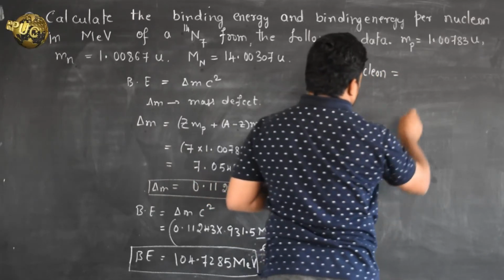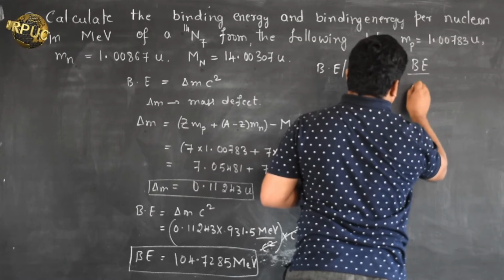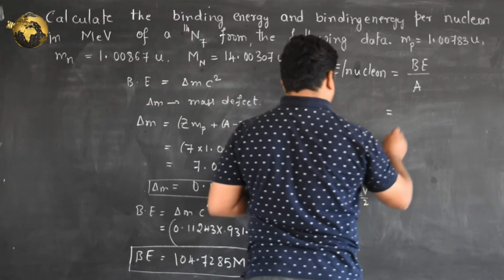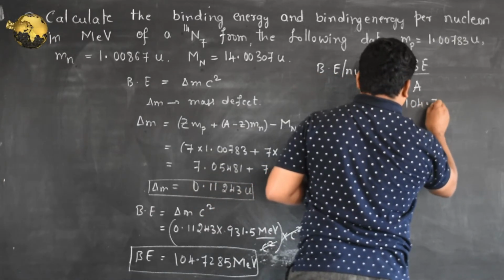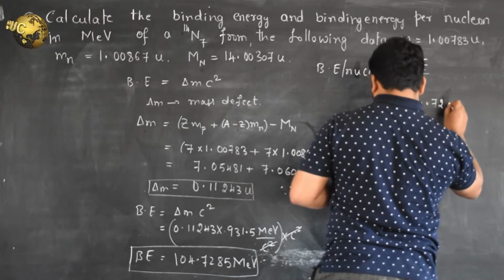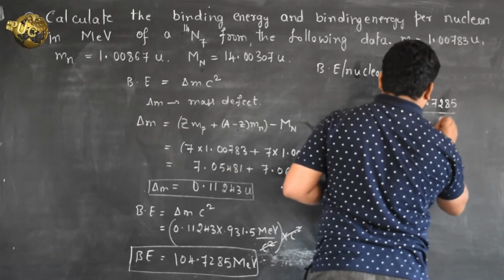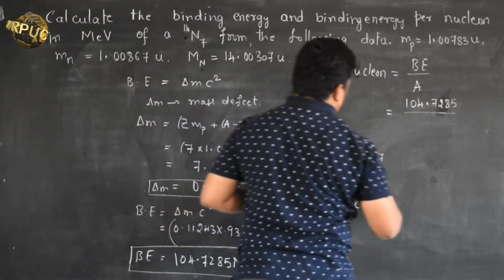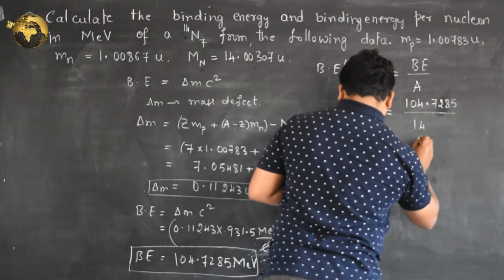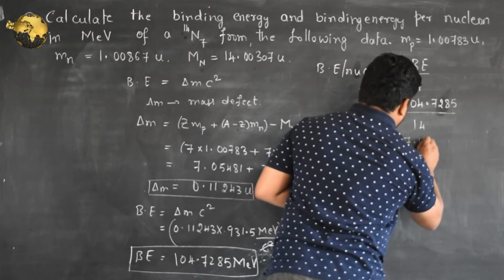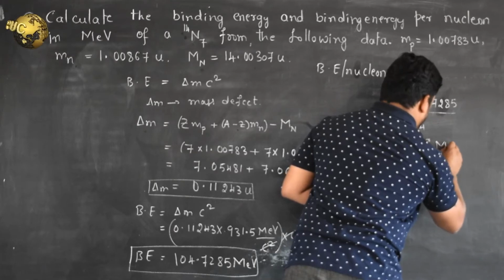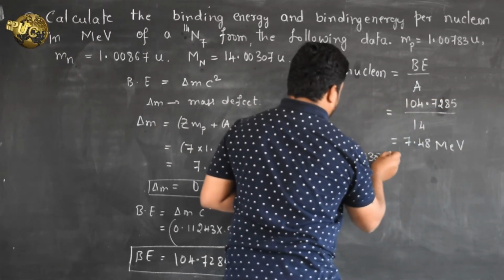It should be equal to binding energy divided by A. So we have the binding energy 104.7285 divided by A. The value of A is 14. So we get it as 7.48 mega electron volt. So this is also called